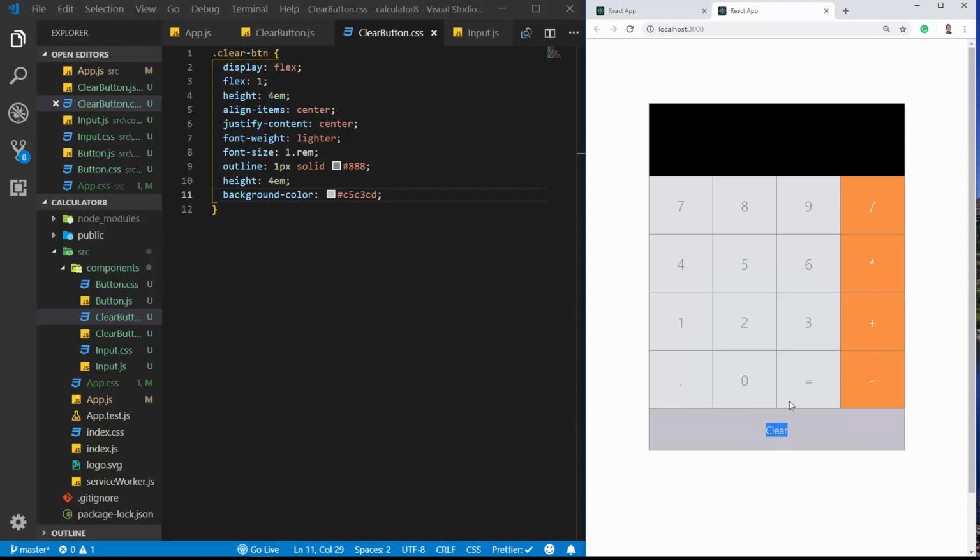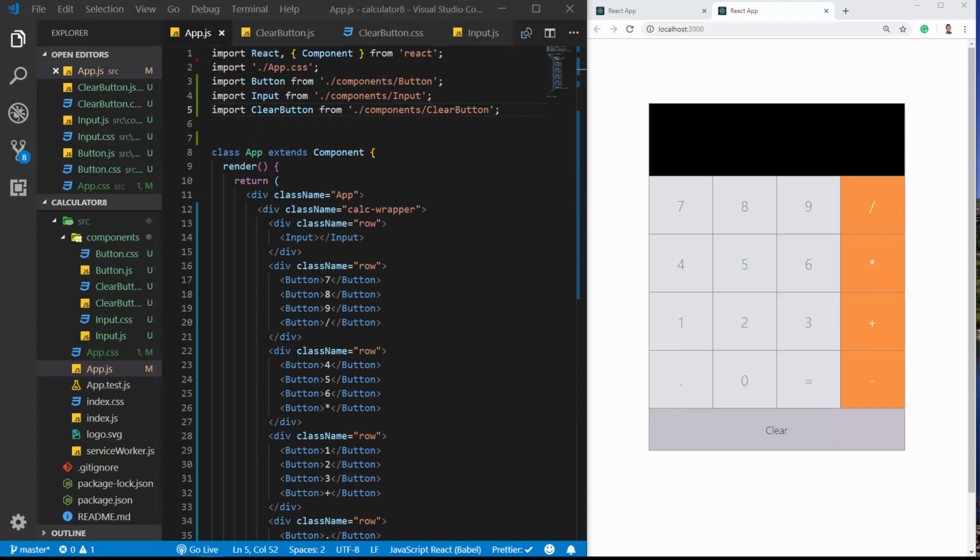Okay, so we have the clear button and everything is working, but now we have to add in the functionalities. So the first thing we want to do is add in the functionality where if we click on one of the numbers, it actually gets added into the input area above. So to do that, we're going to go back to app.js